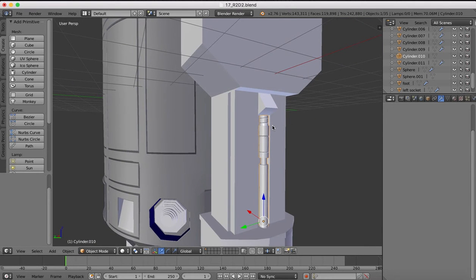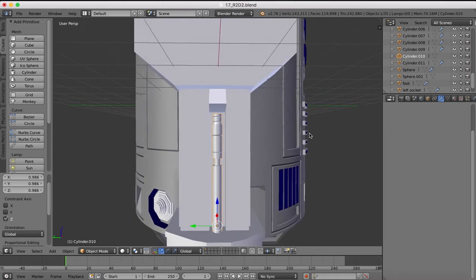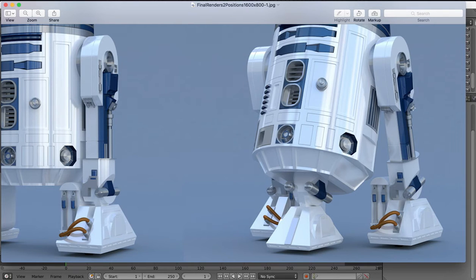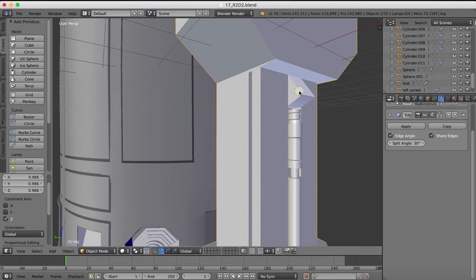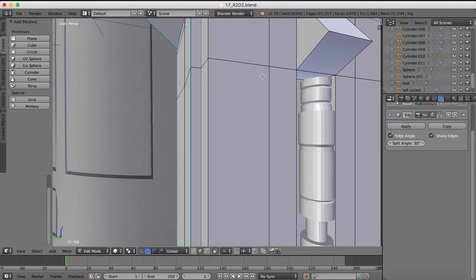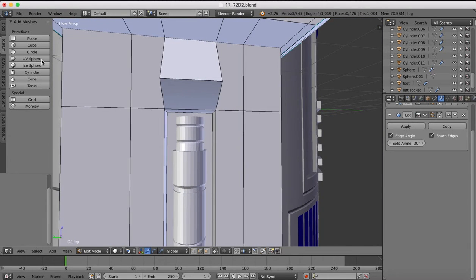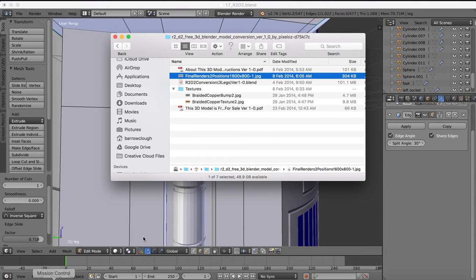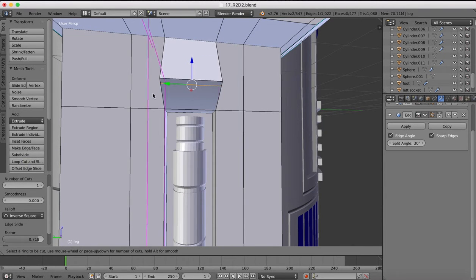Tab out of edit mode. Okay, now actually I'm going to scale the whole thing a little bit on the Z axis just to make it a little shorter. Okay, now we need to make this piece which comes out of there, so that's pretty easy to do. Tab into edit mode, tools, loop cuts, one here, another one here,